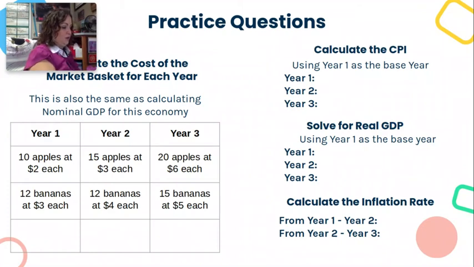Okay. To solve for real GDP using a table like this, you're not going to be dividing by CPI or anything like that. You're going to be using the prices